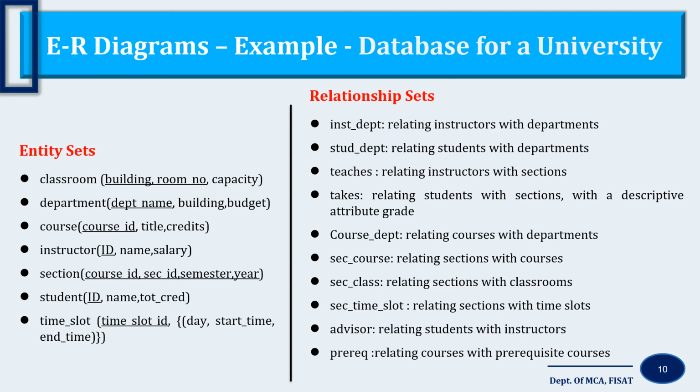An entity set is a divided rectangle. The first part defines the name of the entity set, and the second part defines the various attribute names. In the second part itself, we can specify the keys also, and the type of the attributes if you have any. Then the diamond is used for representing the relationship set, and the lines are used to connect the relationship sets with the entities. Make sure that while drawing these lines, we consider the mapping constraints also. Cardinality ratios should also be mapped onto the ER diagram.